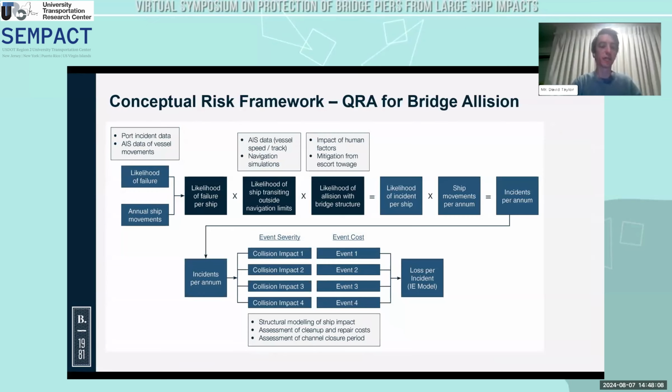We're starting from those root causes of the likelihood of a failure on board the ship, and then working through the process of how it is transiting the channel, what are those human factors that might affect the actual end outcome, and then through the potential range of impacts that could occur from relatively minor outcomes right through to the most severe catastrophic collapse, and then to be able to actually define that in an economic analysis framework to trade off the cost benefit of risk mitigation options versus the actual total risk that's being incurred.